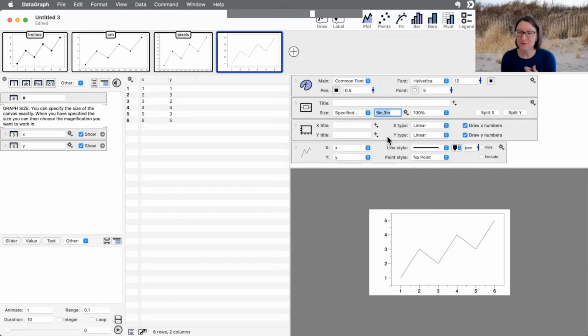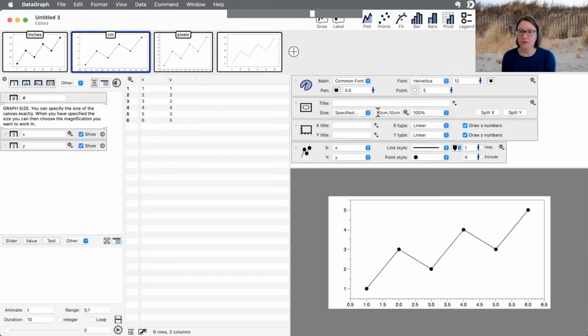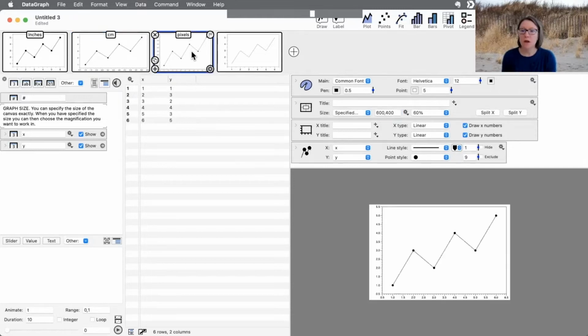You don't have to use inches, you can use centimeters. So there's an example here where it shows the same graph in 20 centimeters by 10 centimeters. So you can type in the units of measure. You can also use pixels. Here it's just 600 by 400. So the other thing I guess that's important to recognize here is when I changed the graph size, you notice how it changed obviously the aspect ratio to be based on that size, but there's also a zoom setting for